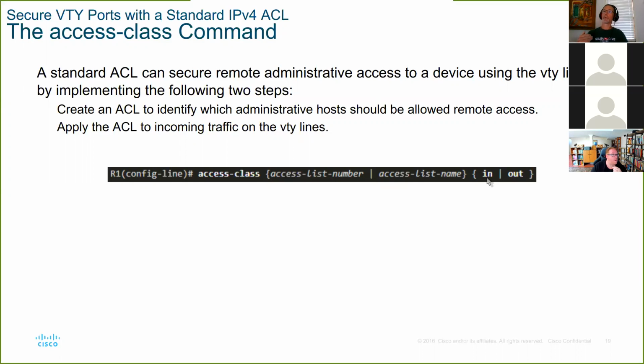In other words, do we want to allow people to remotely access this device, or from this device remotely access another device? So generally speaking, it's all about inbound. We protect the other devices by having inbound access lists on them. So I have never in my life put one on the outbound interface for VTY. Always inbound.